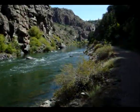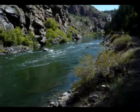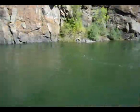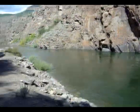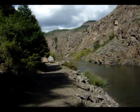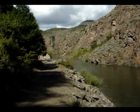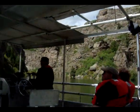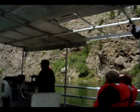I'm moving down the canyon towards the boat dock. This used to be the old railroad bed here running along the side of the canyon from the late 1800s. I'll say more about that later, but right now I just want to welcome you to